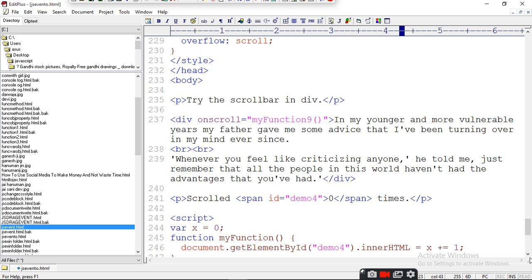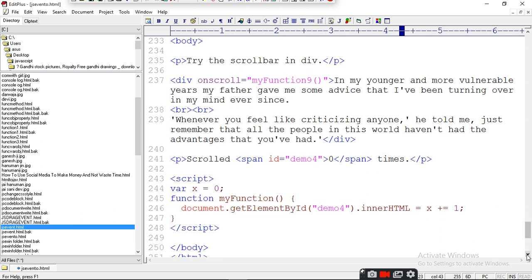Then scroll, span ID demo4, 0 times. Now script: variable x is equal to 0, function my function 9, get element by id demo4 inner HTML, x plus equals to 1. Here variable is x और जैसे जैसे हम इसको क्लिक करेंगे तो it will span one more line.